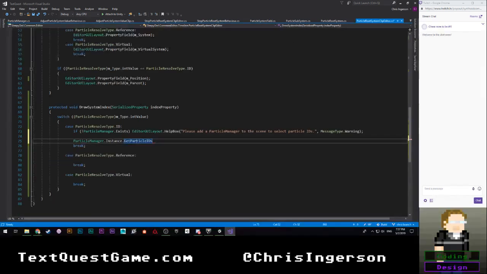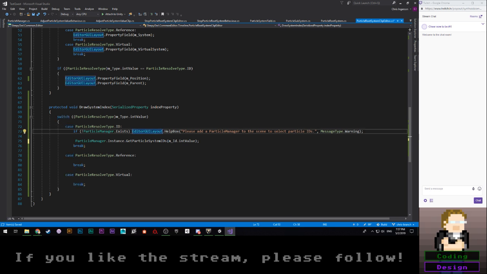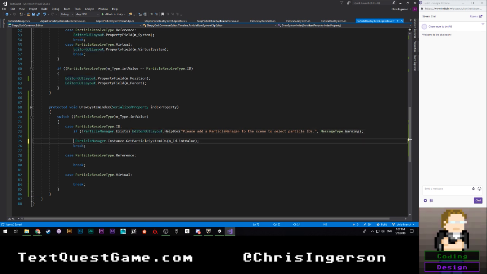particle system clip editor, and we're going to say get particle system IDs, and then we're just going to pass in mid.int value. Ridiculous. I need all of that just to grab my GUI content. And let me think. Man, there are some ways that I could do this efficiently, but do I value code efficiency or readability? Efficiency, I suppose. Okay, so we're gonna go ahead and say,